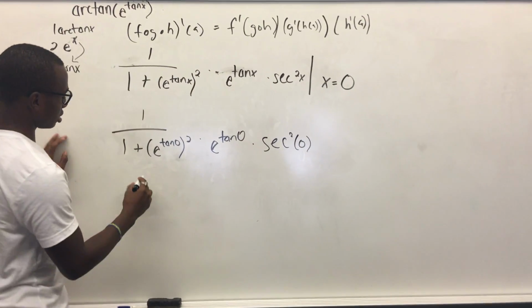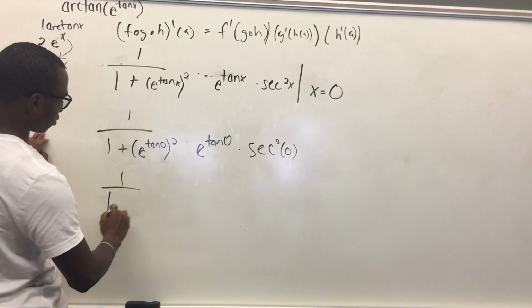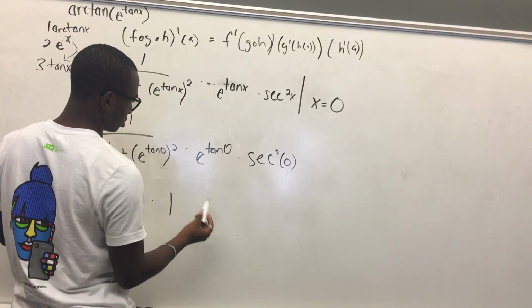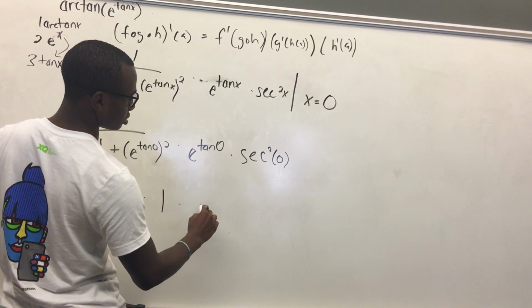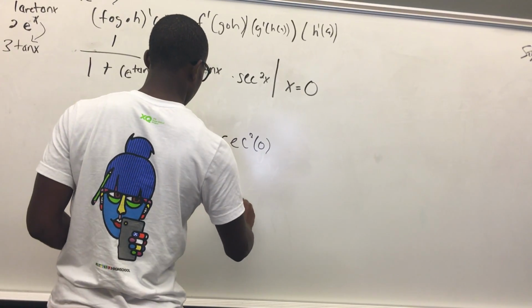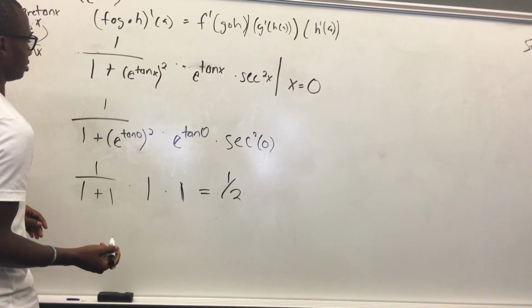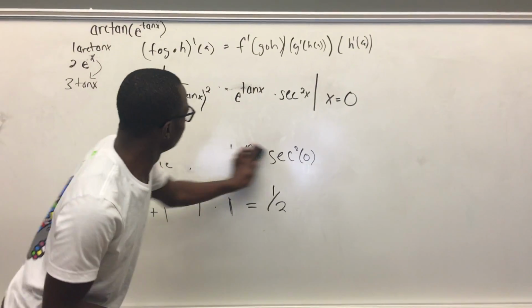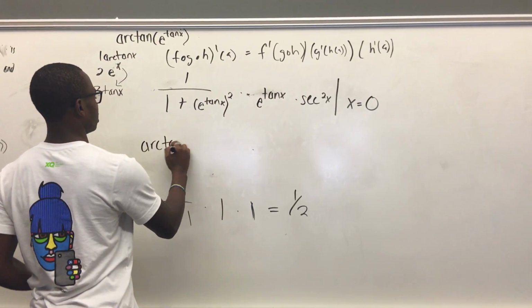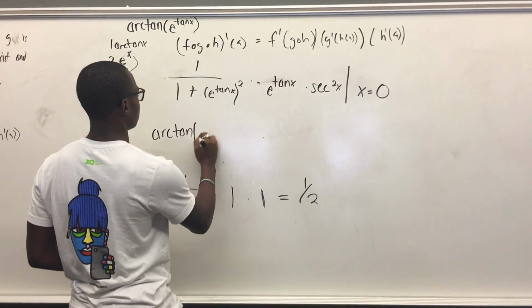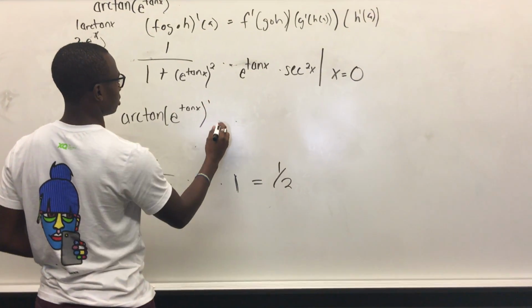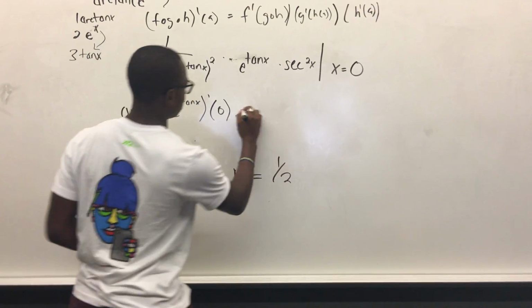This would become 1 over 1 plus 1, times 1, times 1, and that would give me 1/2. And so the derivative of arctan of e to tan x at 0 is equal to